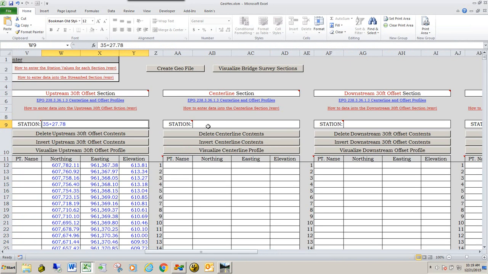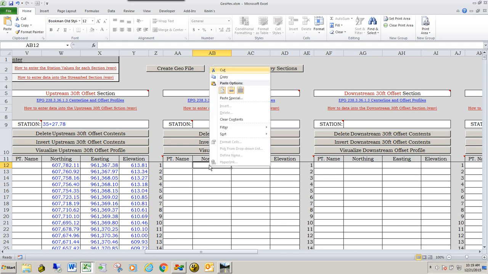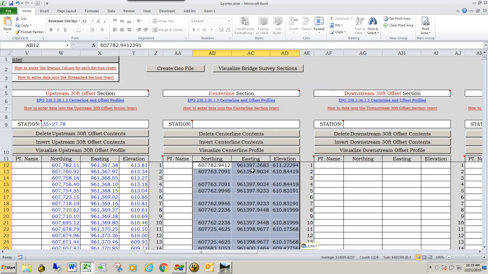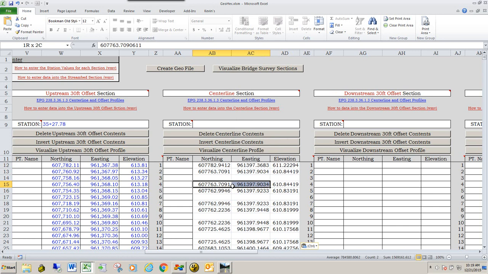So I'm going to go ahead and go back to the GeoHEC spreadsheet. I'm going to get into the first row, the northing column, and I'm going to right-click and paste. And when I say duplicate data, there was duplicate data. This data right here is the same as this data. This data here is the same as this, and so on. It's just the way the report was written. But that's not an issue with this GeoHEC spreadsheet because it will seek out those duplicates and remove them